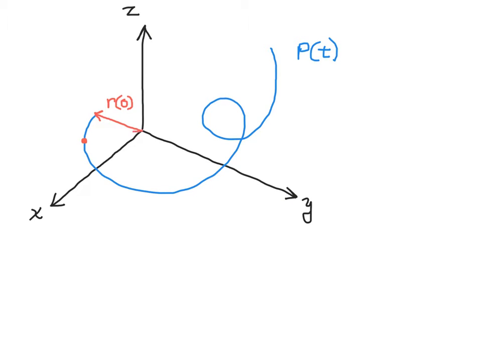So we have a new r, and that's r at time 1. And then maybe at time 2 seconds, our bug is here. So this becomes our r vector at time 2. And then at 3 seconds, we have an r vector at time 3,